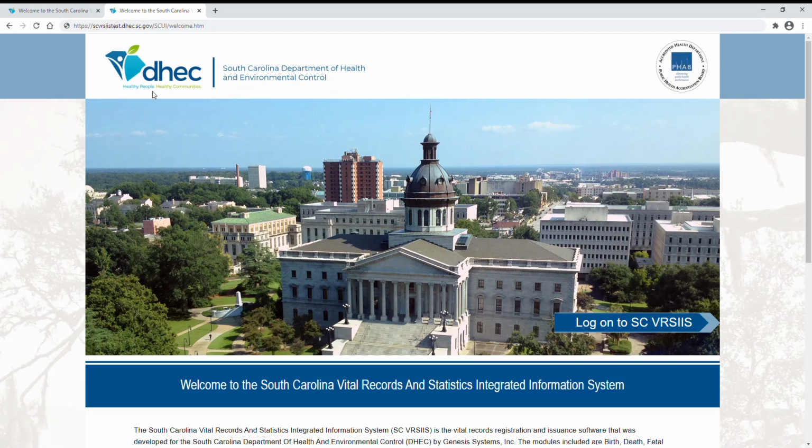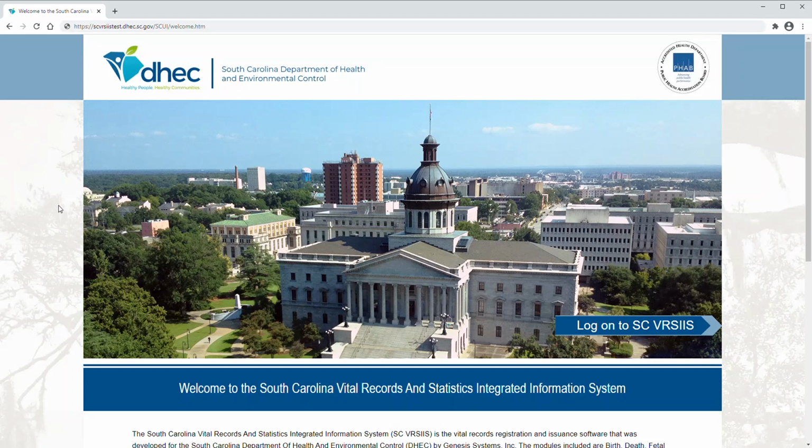This is the welcome page that must remain open in the background to allow the system to function. When logging into the system, it will display in a separate window. To function properly, the site will require that browser permissions to enable pop-ups are allowed. We will demonstrate how to do this within the browser a little later in the training.